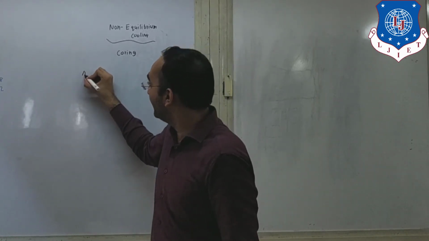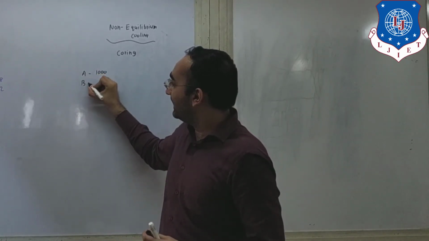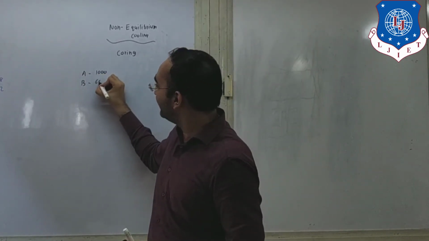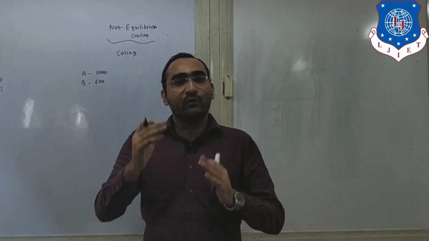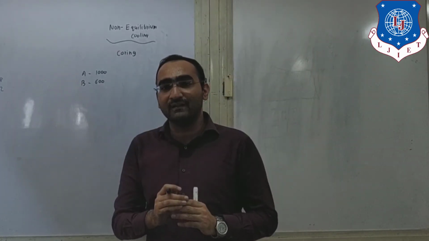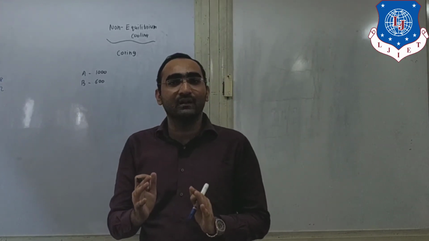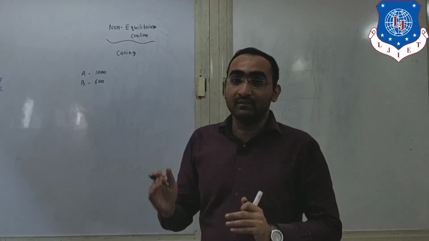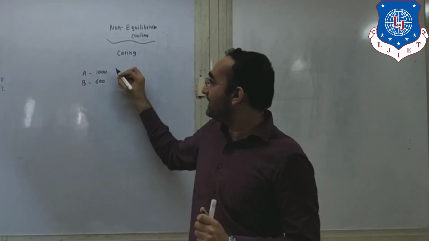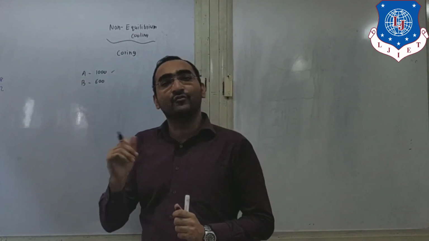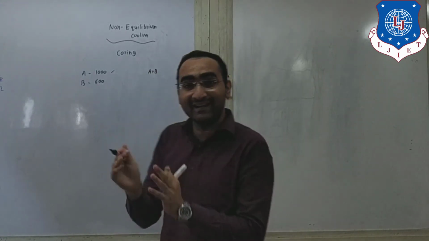Let us take one example: metal A, whose melting point is 1000 degrees Celsius, and another metal B, whose melting point is 600 degrees Celsius. Suppose we are heating the material above 1200 degrees Celsius. So what will be the phase occurring? The total phase will be the liquid region. Now if you lower the temperature from 1200 towards 1000, near 1000 your A will start solidifying. First, in the liquid, both metals A plus B are in the liquid state.